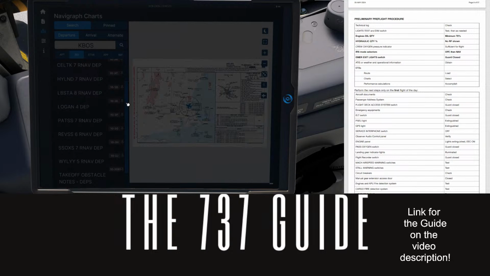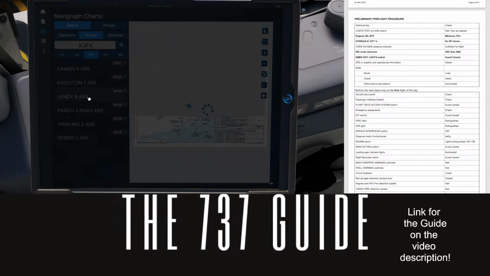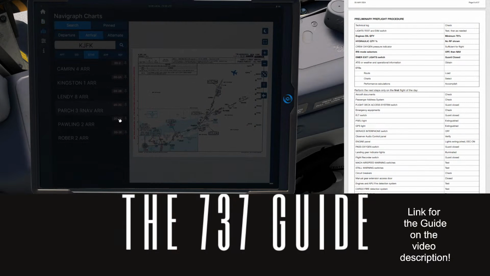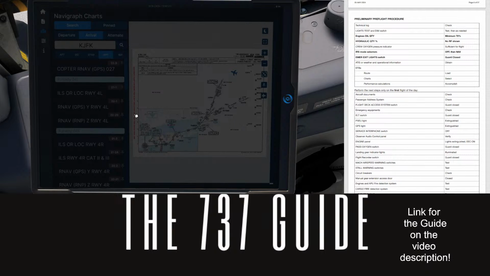Logan for departure is the one that we need, and then later on I'm going to select on arrival in part 3, if I'm not wrong. Yes, part 3. Let me make sure. Yep, part 3 is our departure that we need, and I'm going to land most probably on the ILS for